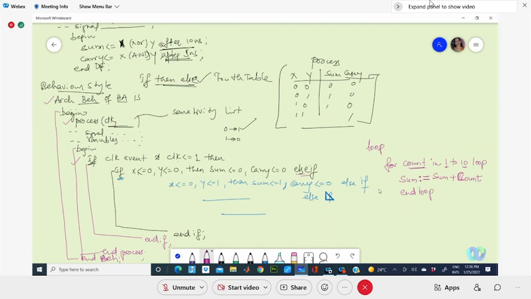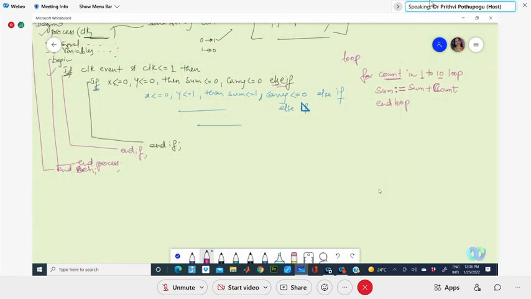Actually, if you need to start writing VHDL, we need to have these statements before we write the entity and all. Something like library IEEE. These are fixed statements, meaning we are using the IEEE library, the standard in which the components or library functions are already present.